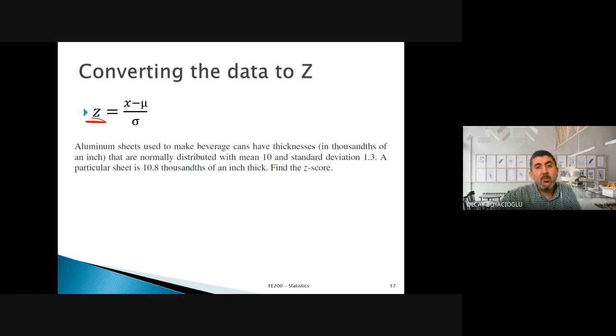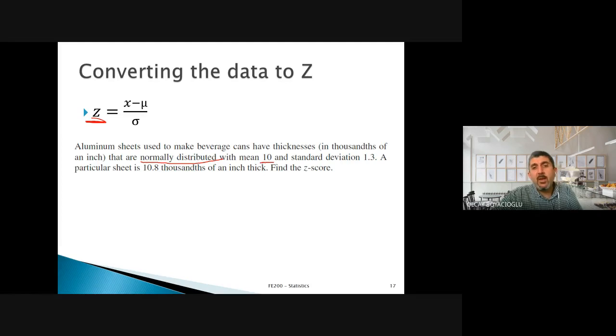The thickness of the aluminum sheets is normally distributed. So what we understand here is that the thickness of the aluminum sheets used to make those cans is not always the same. So there's a small variation. However, that variation has to be small, of course, right? And they measured that variation and found out that it is normally distributed,